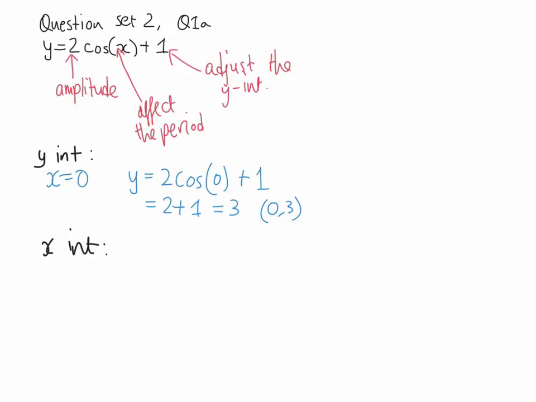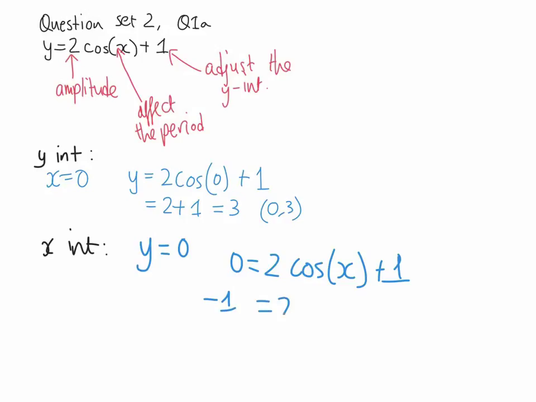Okay, and for the x-intercept, we let y equal to 0. So that will be 0 equals 2 cos x plus 1. So now we have to solve this equation for x. So we take 1 over the other side, divide both sides by 2,